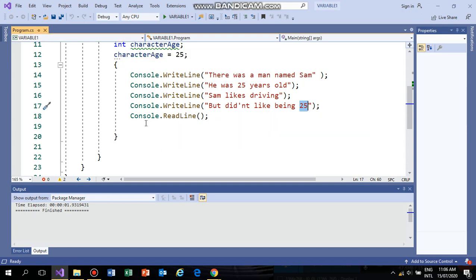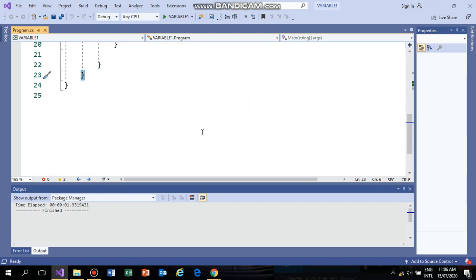The data type is integer. Console.ReadLine we use to watch our program in the console based window. This method is used to read the next line of characters from the standard input stream. If the standard input device is the keyboard, the ReadLine method blocks until the user presses the Enter key. So I'm going to close my program using these braces that are used for classes, methods and events.